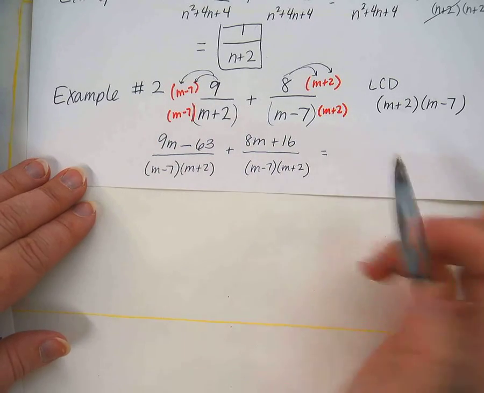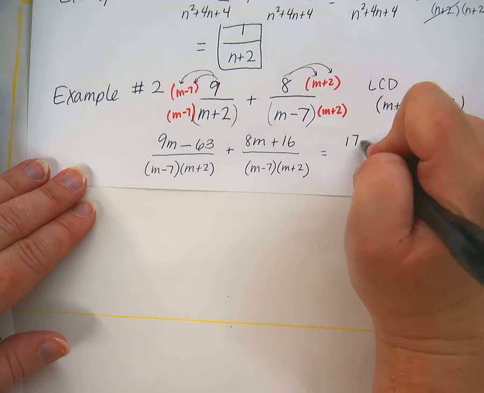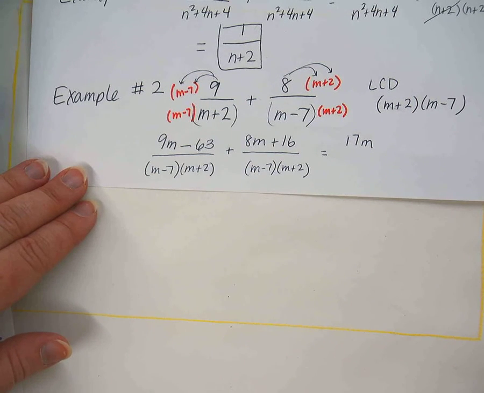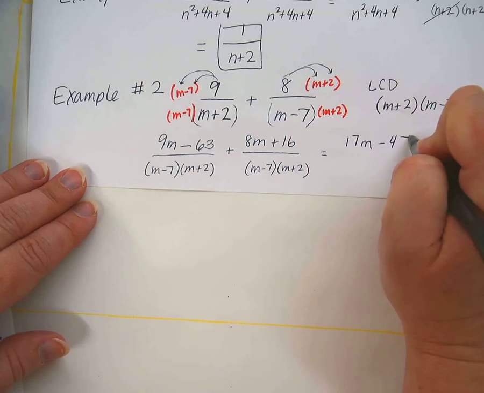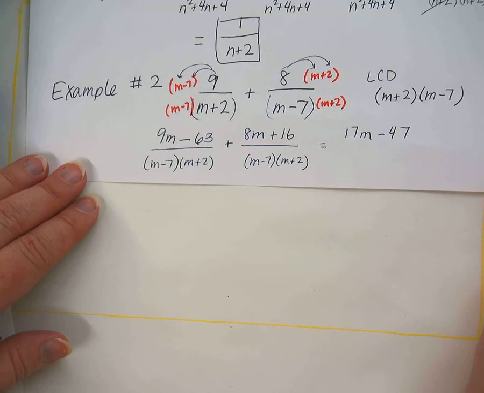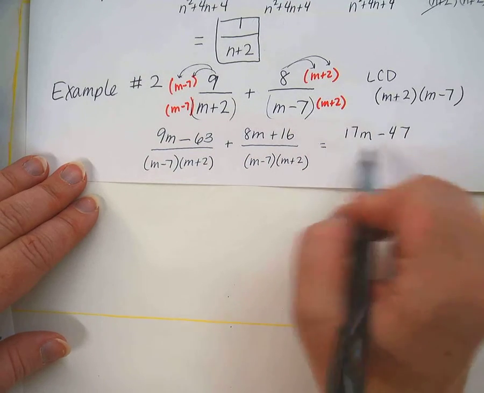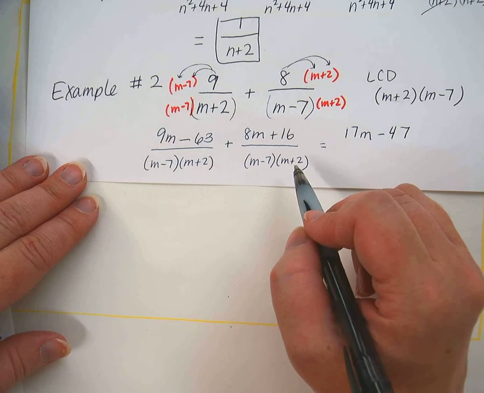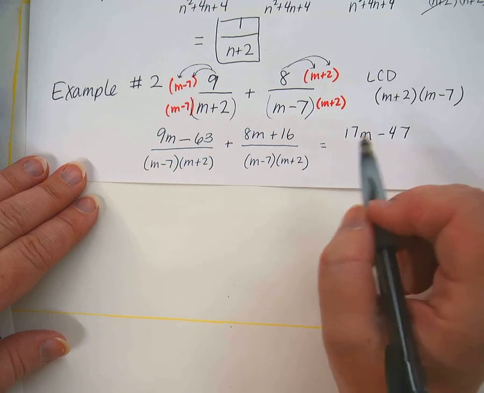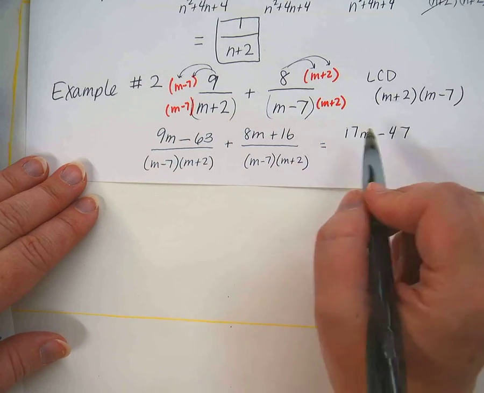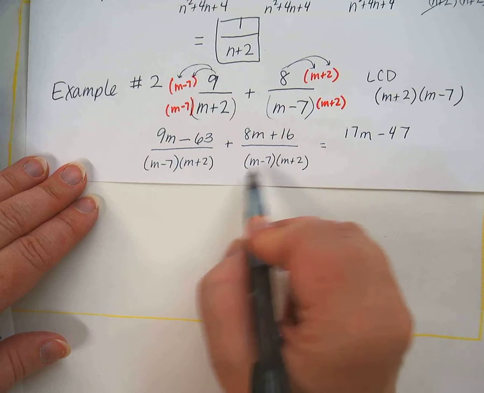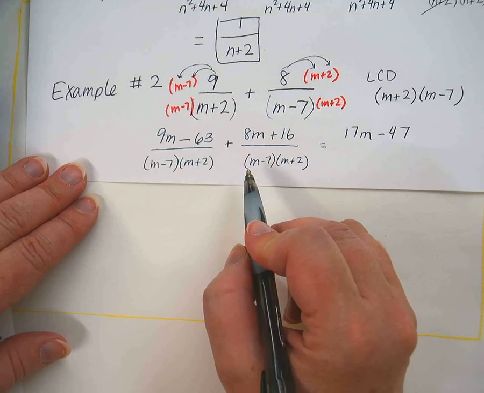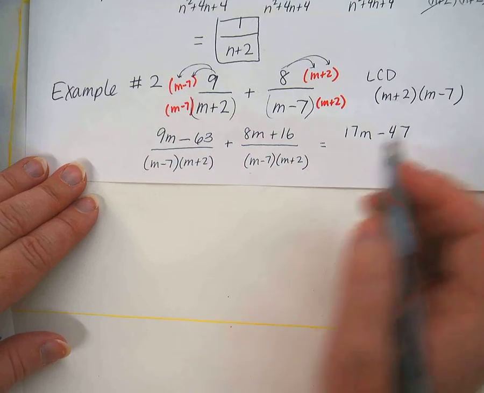9m and 8m equals 17m. And then what's negative 63 and 16? Negative 47. Now, I'm trying to look ahead to see if this will reduce. Is there anything that can be factored out of that to make this look like m minus 7 or m plus 2? No. So since I know that none of these are going to cancel out anyway, at this point you could either just leave your denominator as m minus 7 parentheses m plus 2,